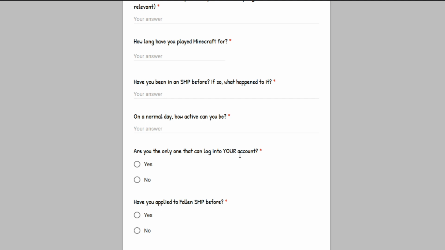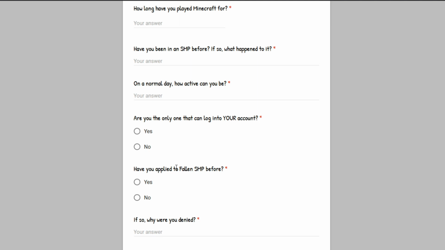So if people say, oh, why am I getting in trouble because my brother got on my account and griefed it, it wasn't me. It's like, well, you agreed to this in the application, so you can't go back and say, I'm not breaking any rules. It's also to secure the accounts of our members, to keep our server safe, that kind of stuff. People can be silly and give access, so we just make it foolproof, basically.